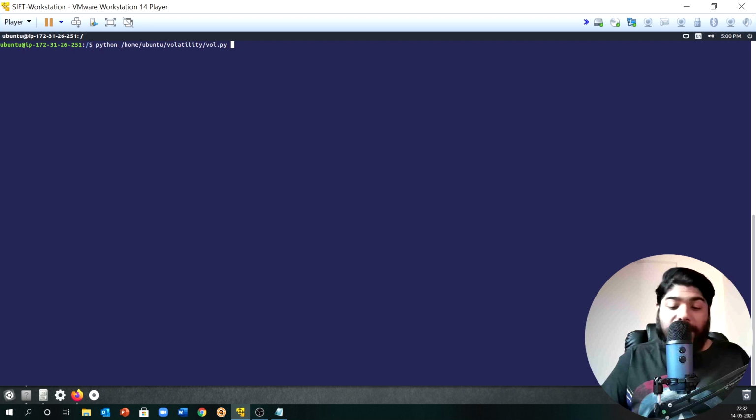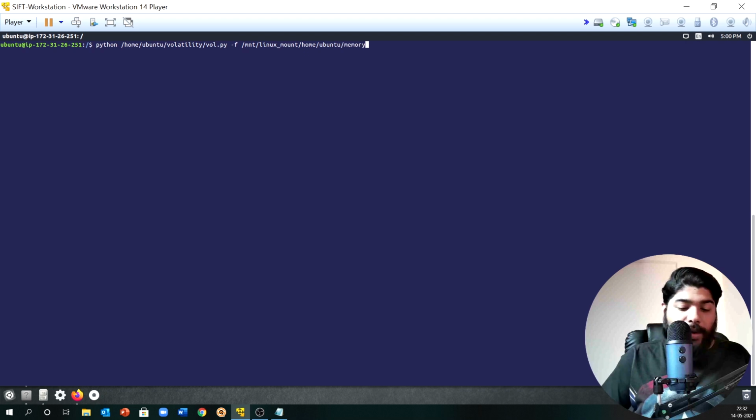Then I need to mention -f, which is the switch for specifying the file name. By the way, I hope you guys already know that. My file is sitting inside mnt, then a folder called Linux mount, then home, then Ubuntu, and you remember it's called memory.raw, right?